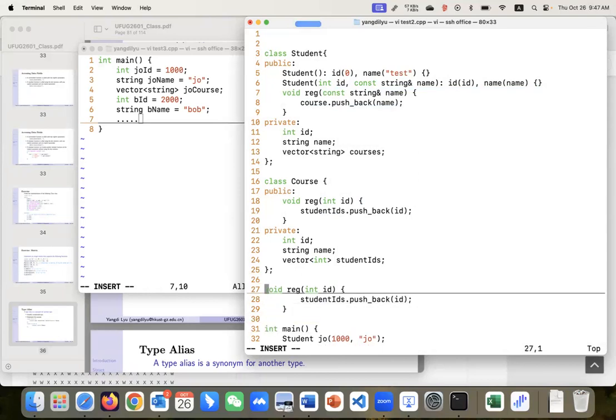If I put it to the outside of the class, what you need to do is you need to put your class names in it. Right. Here, we are defining the ref function for courses, not the ref function for the student. And then when we put it outside,